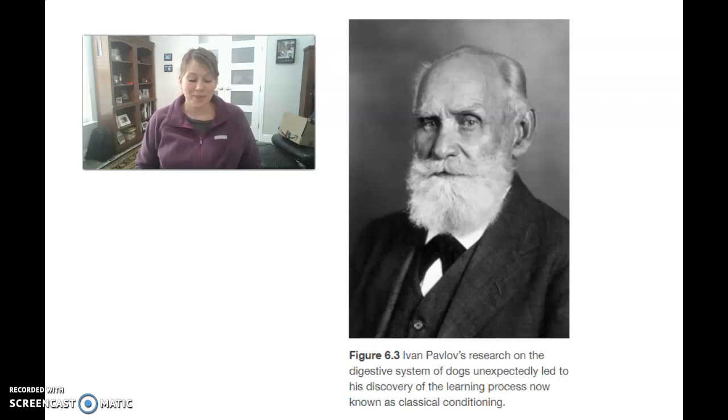We're going to talk about learning. Associative learning covers all 3 basic types of learning, which are classical, operant, and observational. We are going to discuss classical, and my partner is going to go over operant and observational. But let's rewind a little bit. Let's talk about learning versus reflexes and instincts.